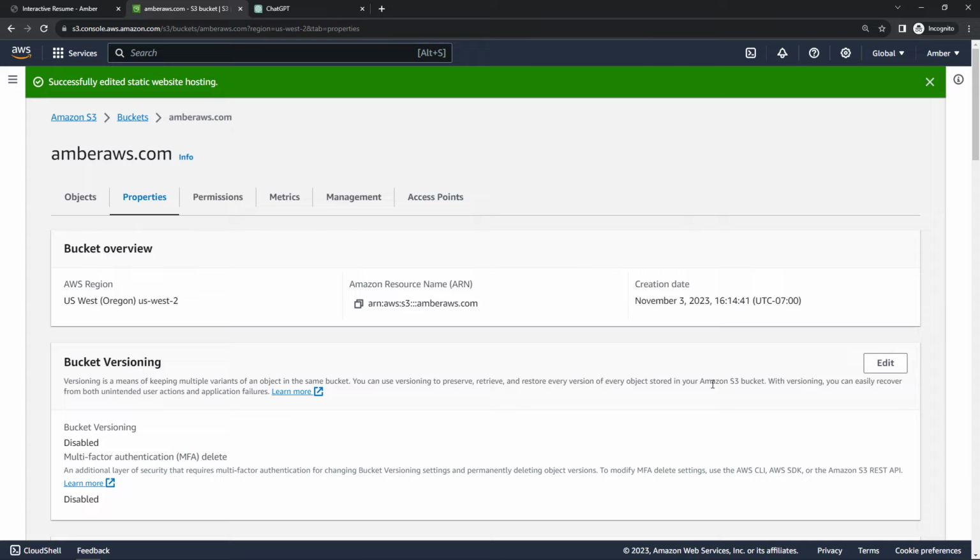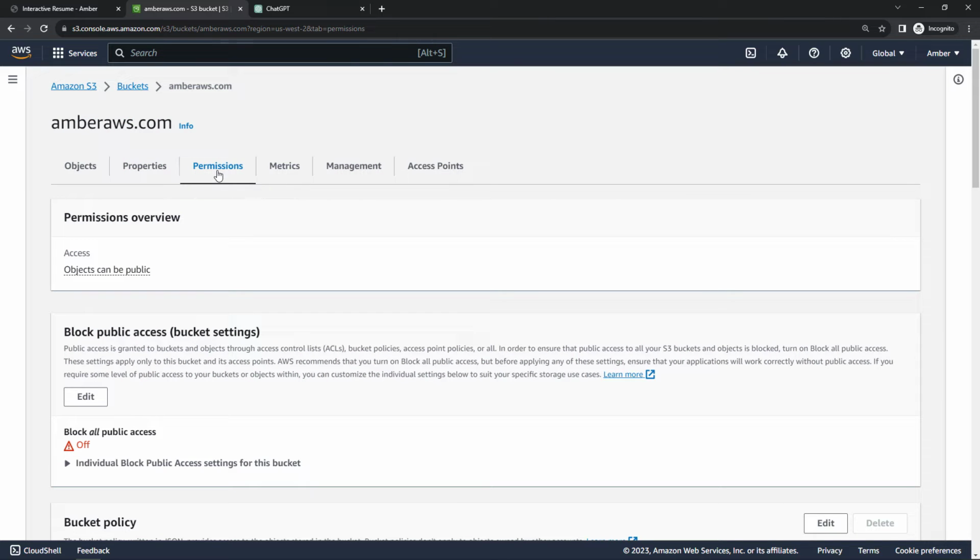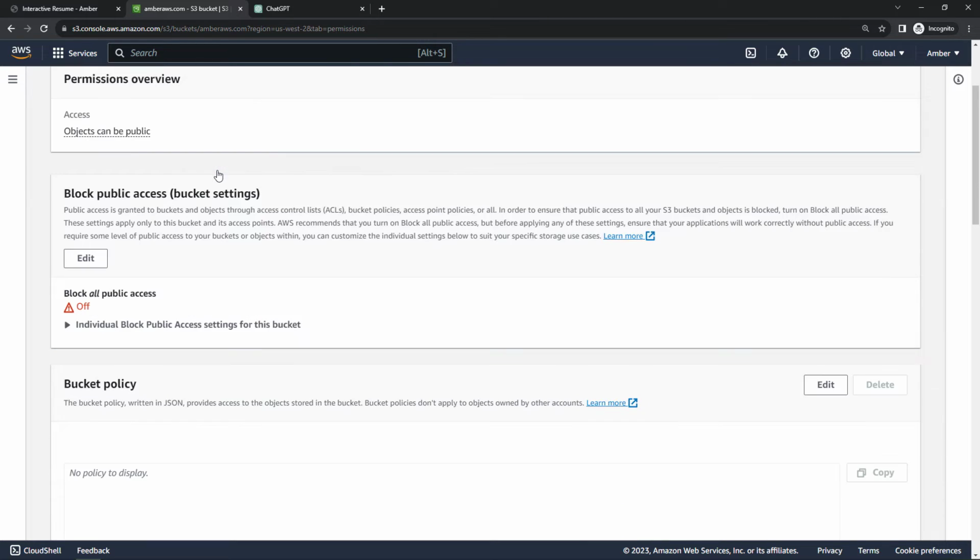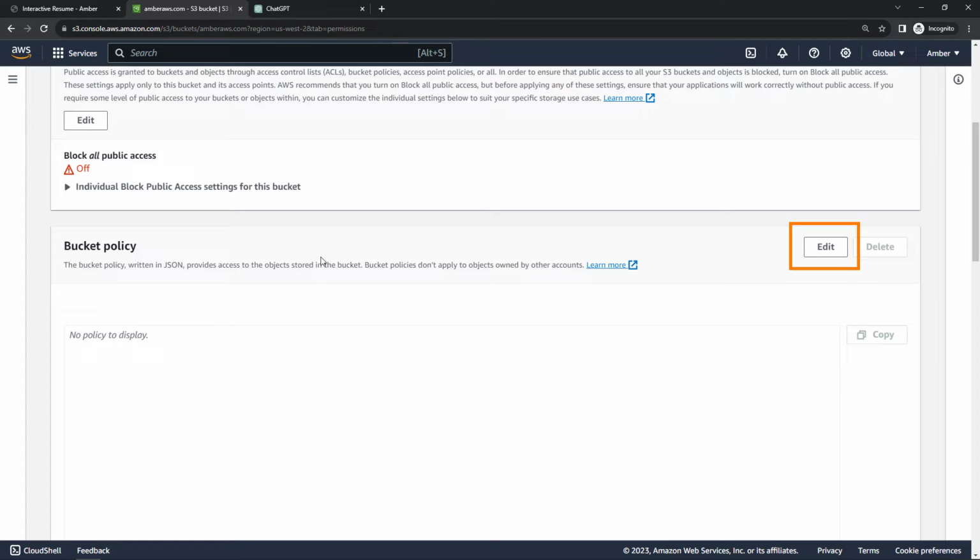And then we also need to add a policy that allows the contents of the bucket to be publicly available. So this is in addition to that check mark that we deselected earlier. We do also need a policy. So come into the Permissions tab, and then down here, Bucket Policy. We'll edit this,